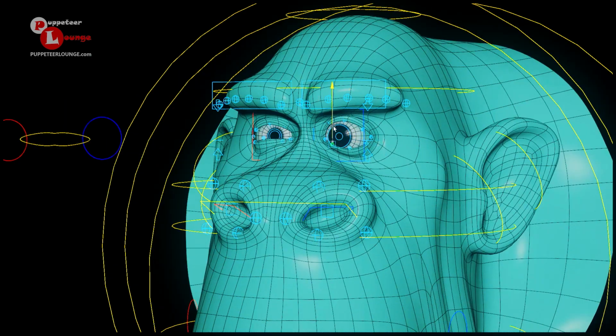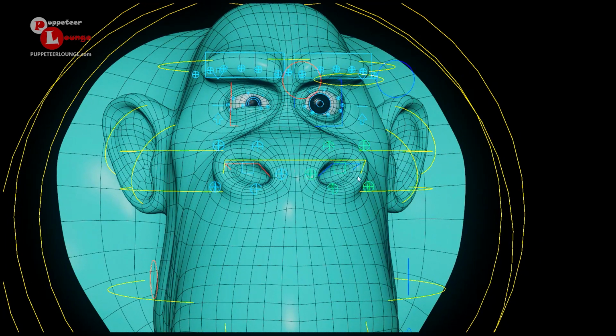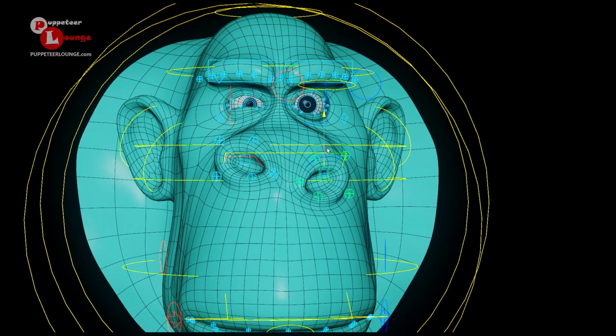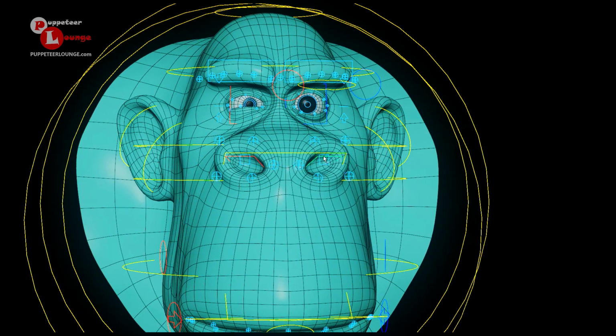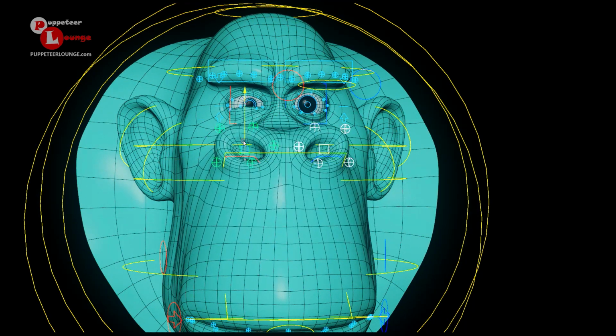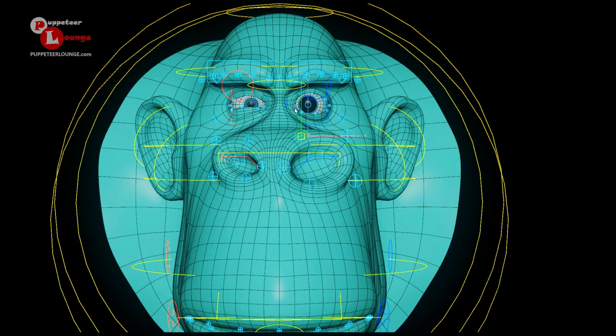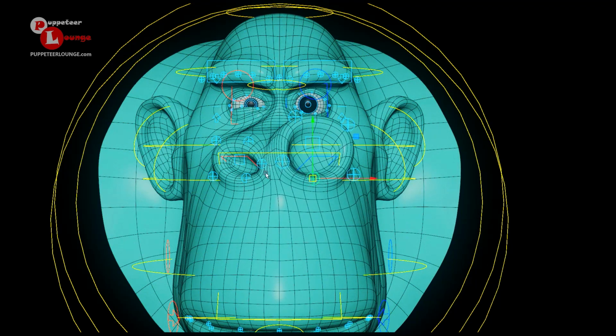Moving on, this is the nostril control. You can see we have individual controls for the nostril. This is the global controller, which is going to allow us to scale. It's quite similar to the one that I showed you earlier, but this is more spread out. Same thing on the right side as well. And then we have these individual secondary controllers, which are going to give us the ability to change the outline of the nostril.